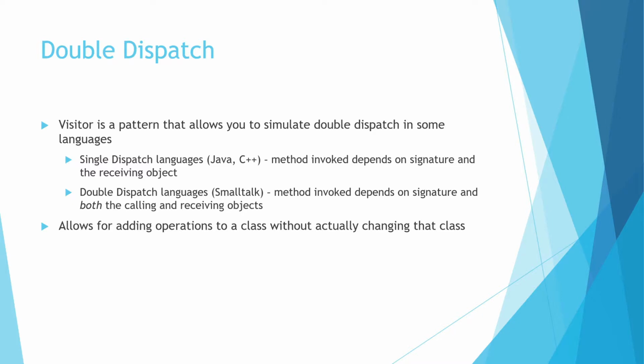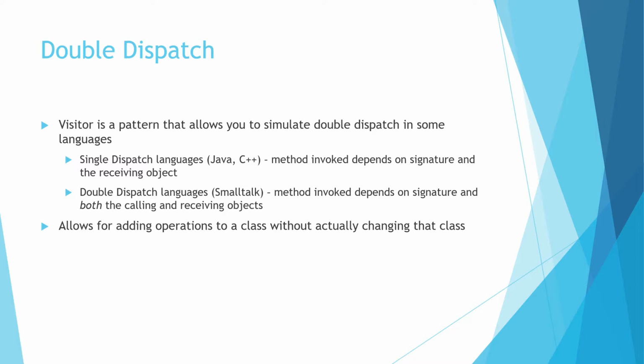So double dispatch is just this concept, and in the visitor pattern, it's what allows you to simulate double dispatch in some languages. A lot of languages, like the ones that we've worked with, Java and C++, are called single dispatch languages. The method invoked depends on the signature of the receiving object. So if you have your list and call list.add an element, the only method call, the overriding method call, is going to be the add